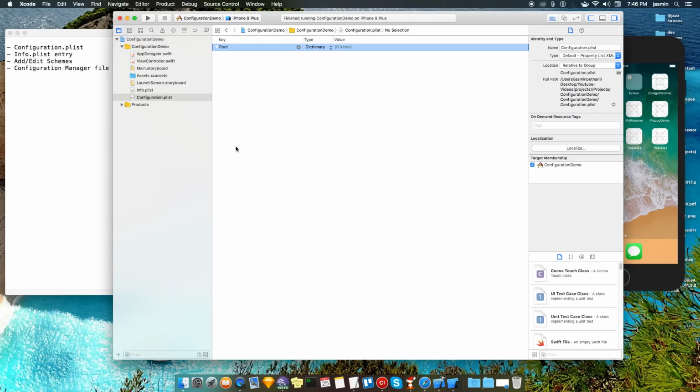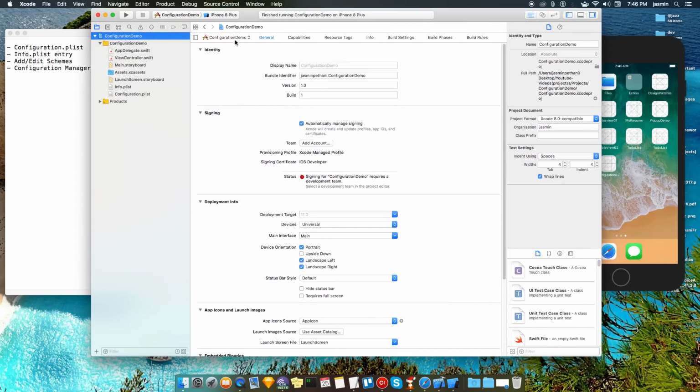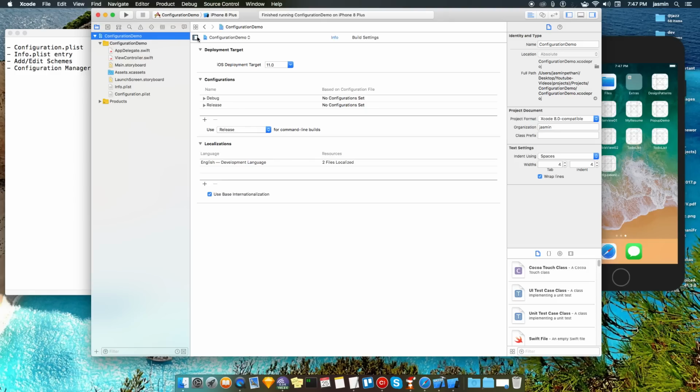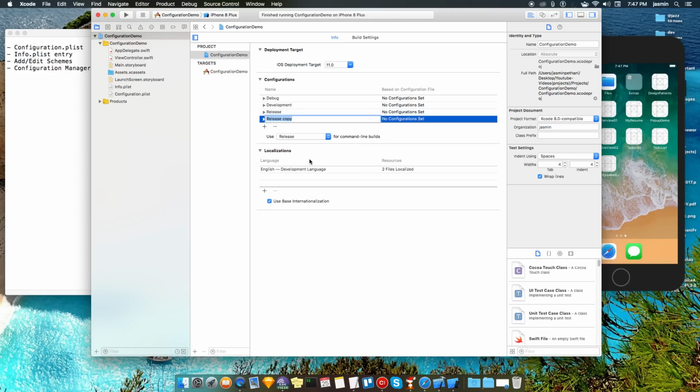So this is one configuration file, and first of all we need to give configurations from this project. As you can see, in the configuration demo there are already two configurations, debug and release. For our convenience, to understand, we use development, and for production we use production. This is how we differentiate these two.